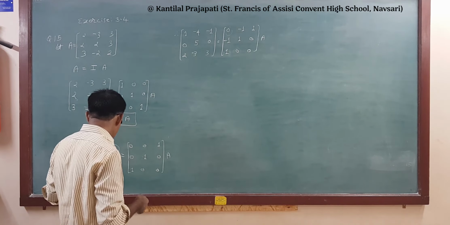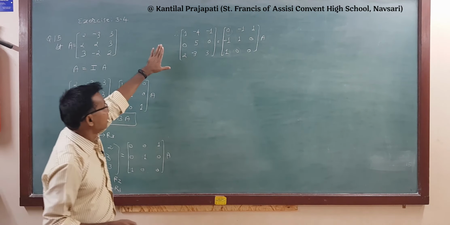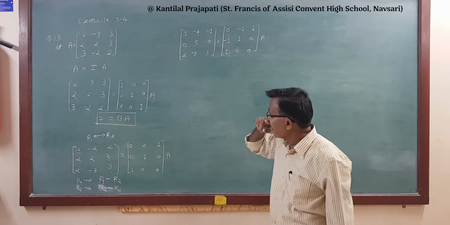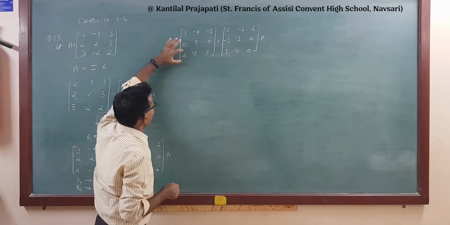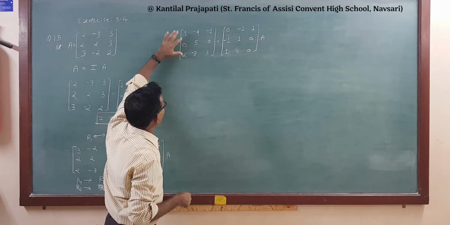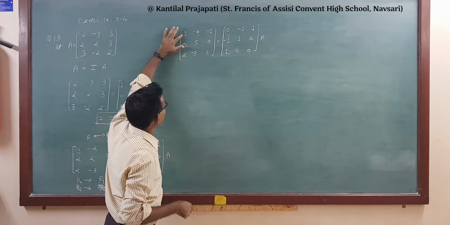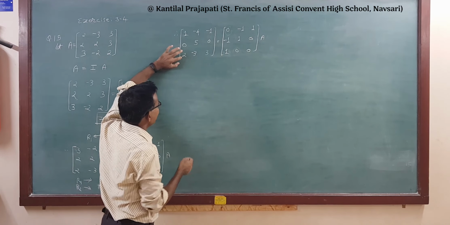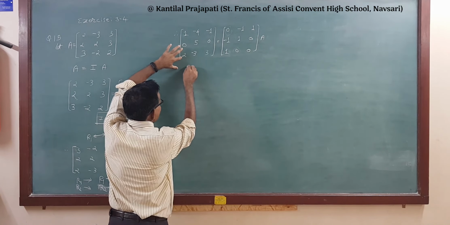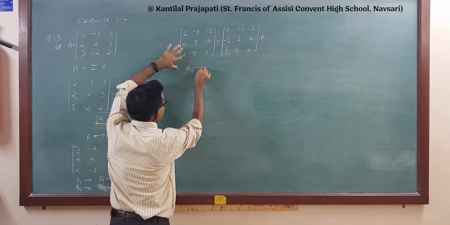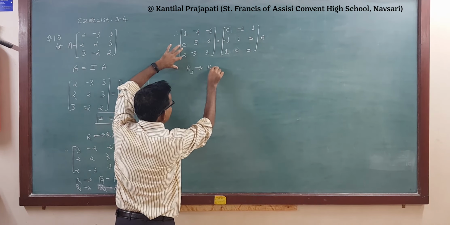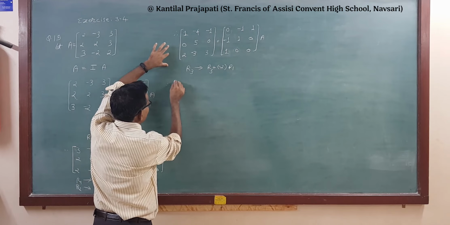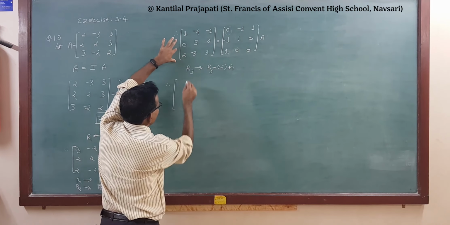Okay. When applying this notation on R1 and R2, we get this matrix, right? Now see here, we require 0 here also, right? 2 minus 2 is equal to 0. See, the first element is 1 here, and this is multiplied by minus 2, added here, then we get 0. So in R3 we have to apply this notation, R3 plus minus 2 into R1. Therefore, we get here, see, only the third row will be changed.